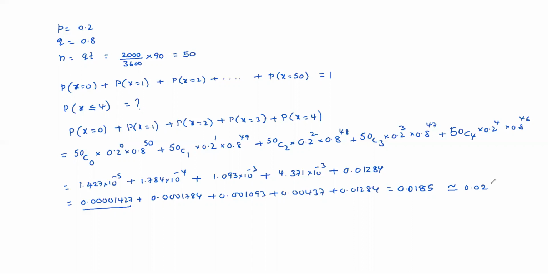See next problem, 391. 10% of cars are Santro in the country. 3 cars are randomly selected. Find the probability that only 1 car is Santro out of 3. That means here P equal to 0.1, Q equal to 0.9, N equal to 3, R equal to 1. If you choose 3 cars, what is the probability that only 1 car is Santro?